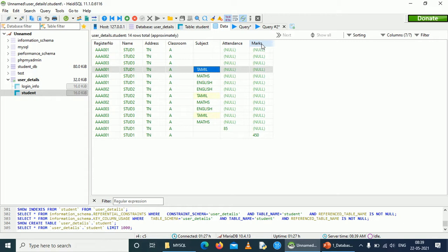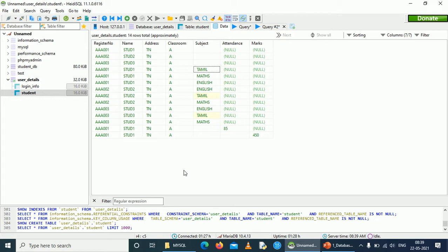So what are the requirements of a student management system? A student management system must hold the personal data of a student, followed by the registered subjects, the respective classrooms, his attendance percentage for every standard, and then the final marks he got in his annual exam. So these are the five requirements of a student management system for a school. All these five requirements have been brought into this single table for simple understanding.